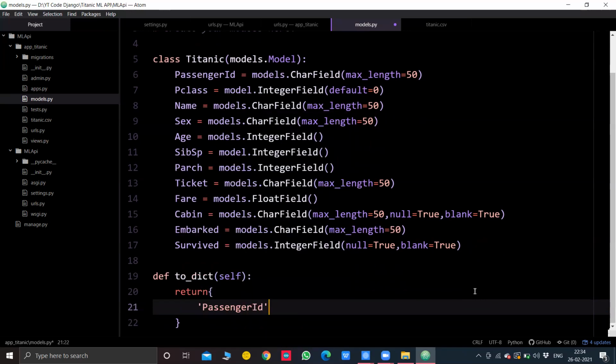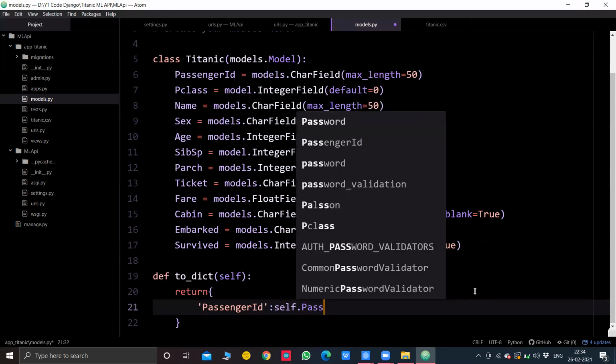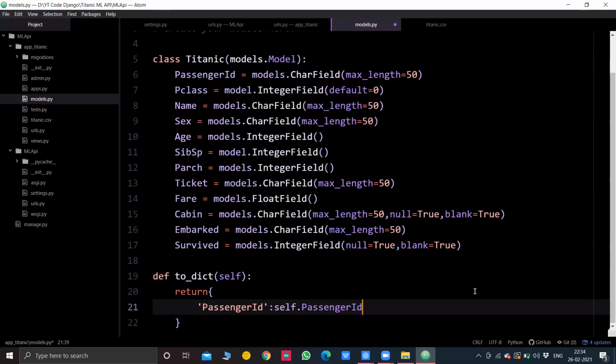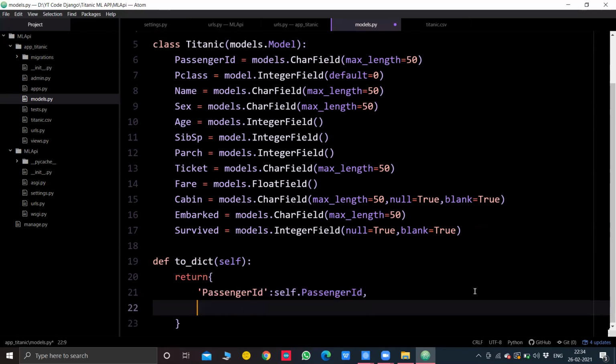So I'll say passenger ID, and with that I'll say self.passenger_ID. And in the same way, all the other values that we have inputted.